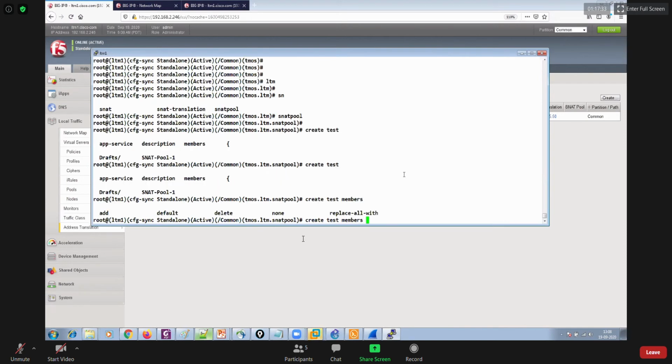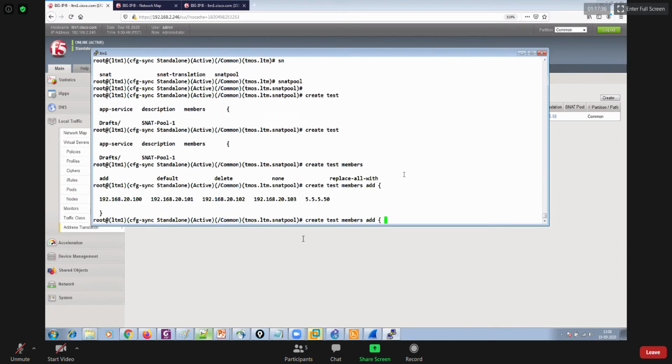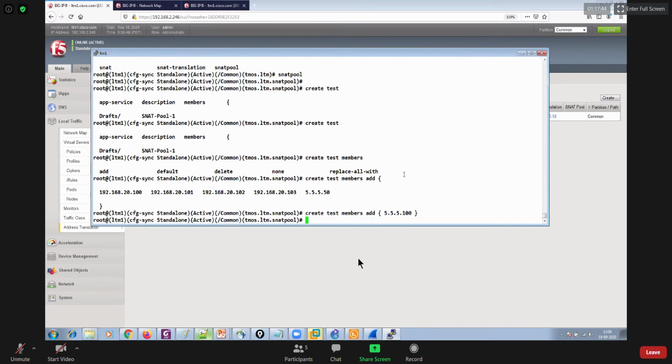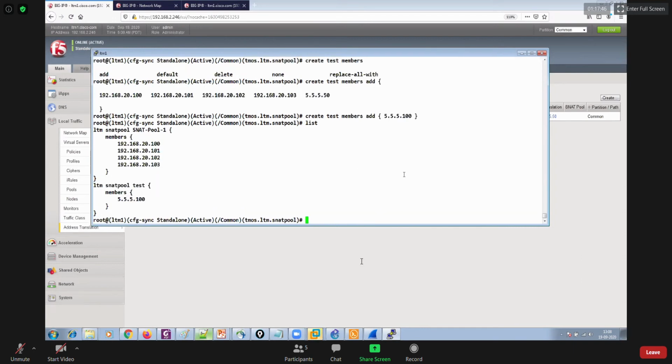And members, add, right? Let's say I wanted to add 5.5.5.500 like this. List, you can see all of the list of the pool, I mean SNAT pool. So I have just created this pool over here with the name of test. I have assigned this IP address, right?